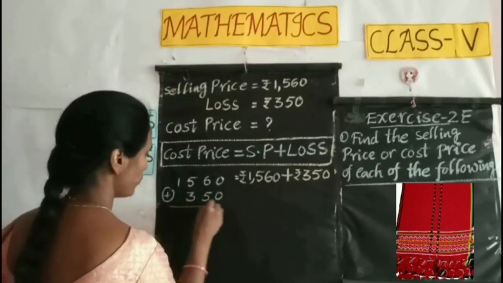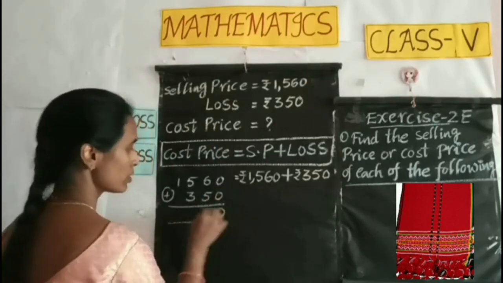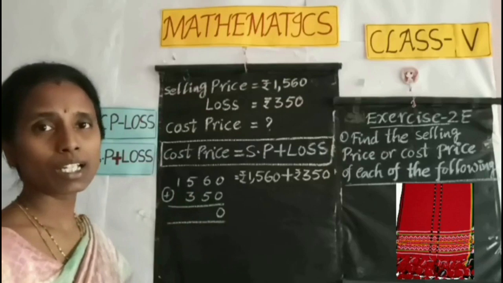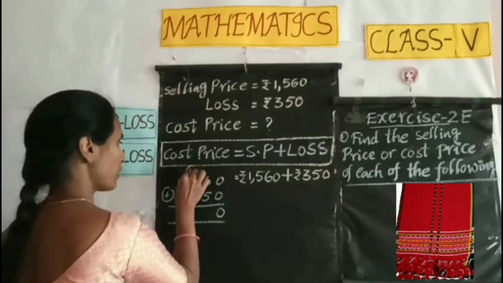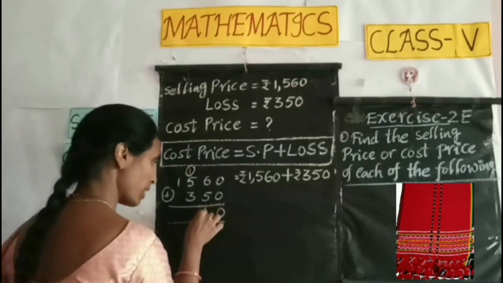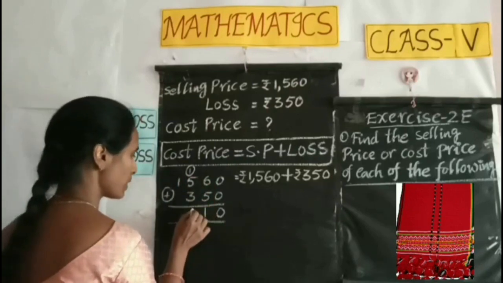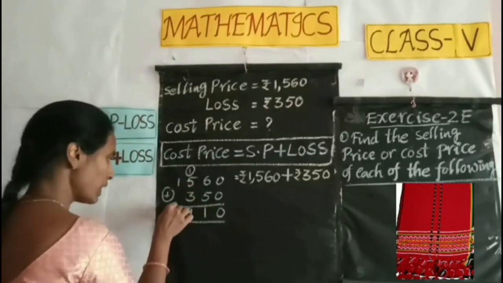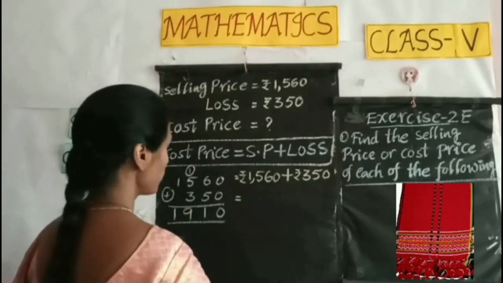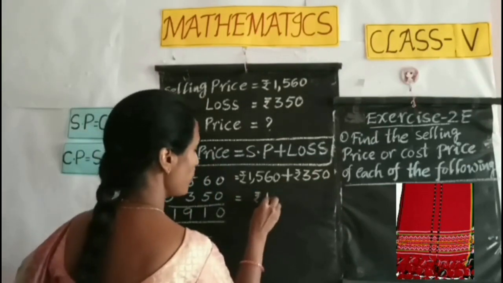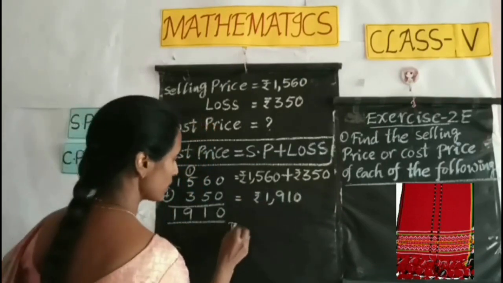350. Start from ones place. 0 plus 0, 0. 6 plus 5, 11. Addition with regrouping. Regroup 1 to hundreds place and write 1 under tens place. 1 plus 5, 6. 6 plus 3, 9. Write down 1 as it is. So what is the cost price of the shawl, children? 1,910 rupees. Thus,